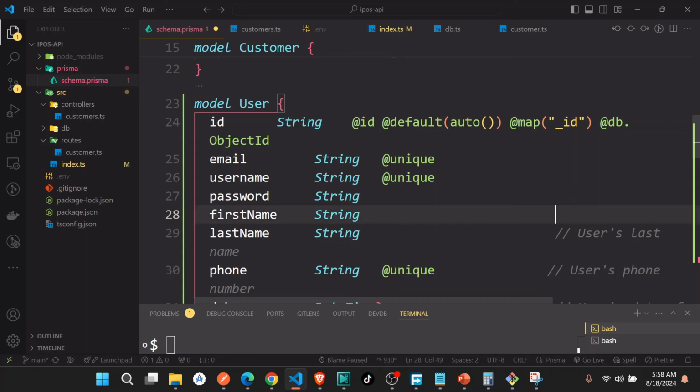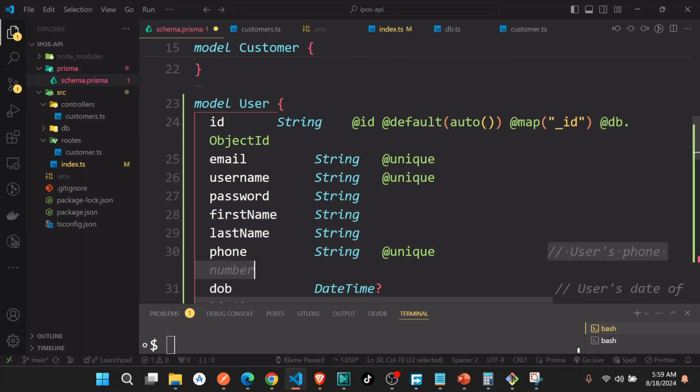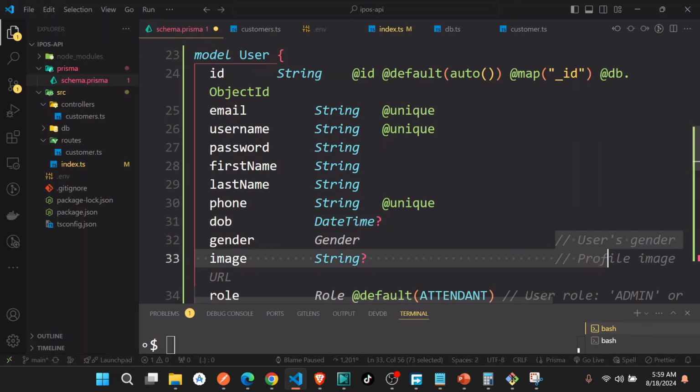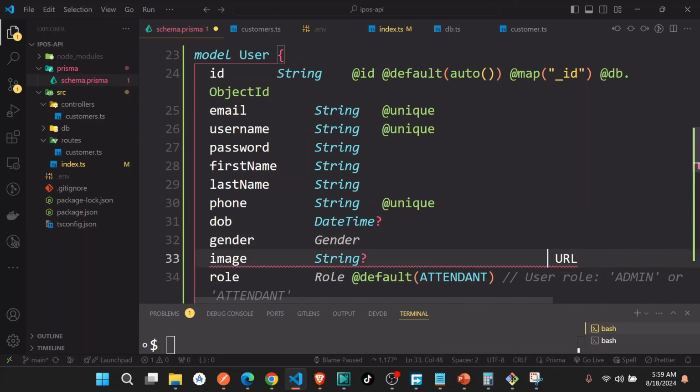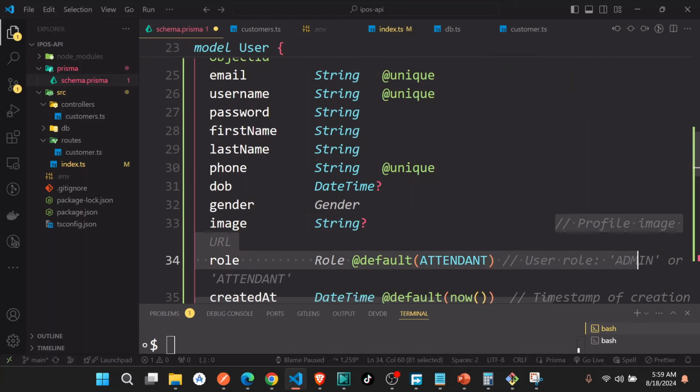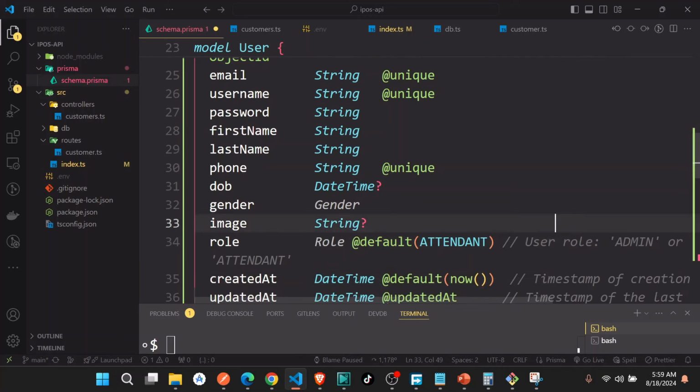I will just remove like this: first name, last name, phone number, date of birth. I just need to remove all these just to have. Okay, so